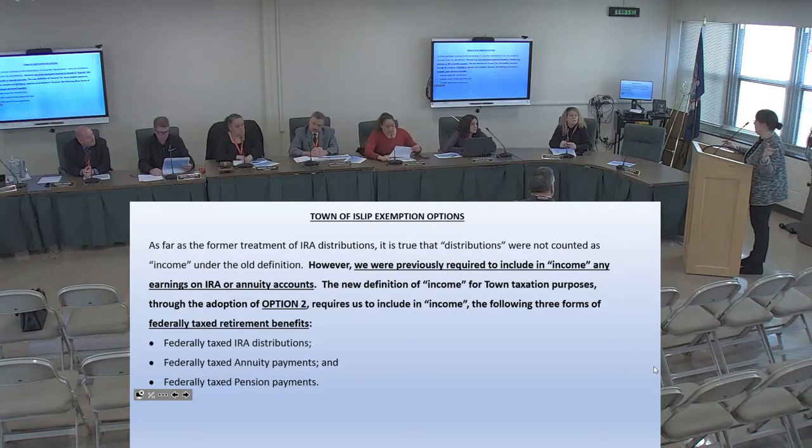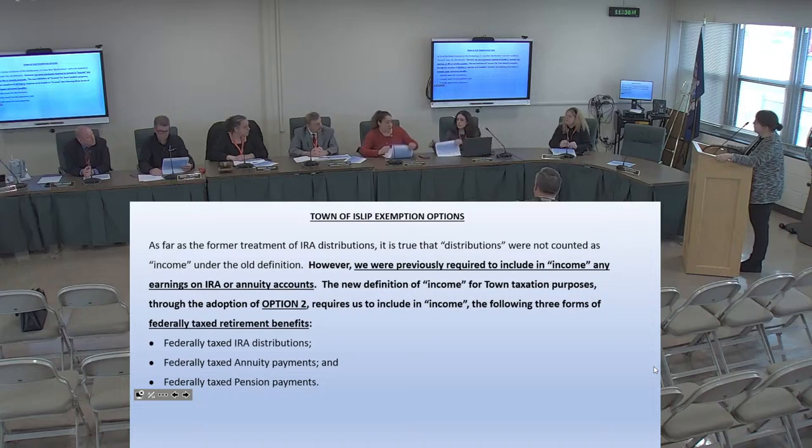So we're having this discussion, and at the end of the day, we don't know how many people in our district even have IRAs or annuity payments or pensions. It might be a very small percentage of people. It might be a large number of people. So if we do nothing and then next year we adopt a different option, we don't know what those numbers are and the town isn't able to provide them for us. And I don't understand, I'm so confused. Again, we only just got this, so people in the audience know, I have not seen this until walking in late, coming from the train.